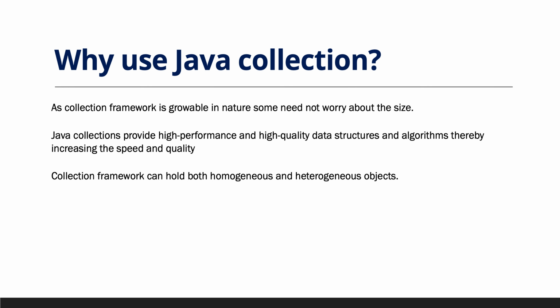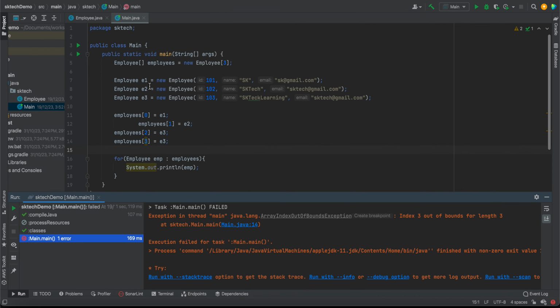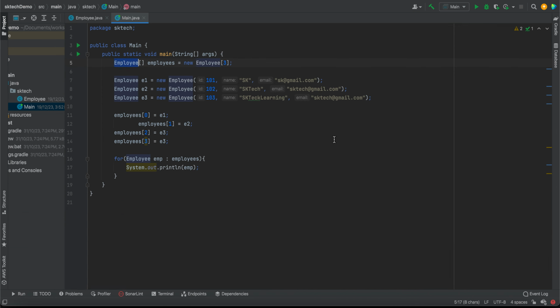So if you want to store elements inside this array, let's say this array we have created of Employee type, and if you want to store some other types, then it will not allow. How is it? Here we have seen this error, right?